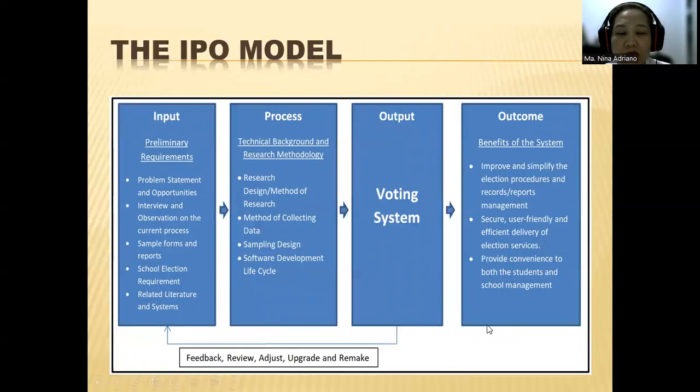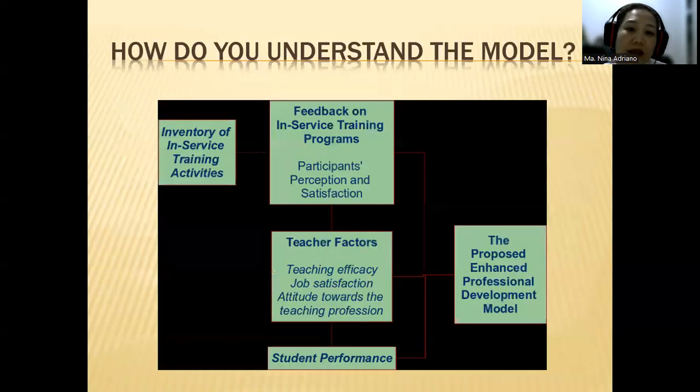Okay. This is an example of another model of a conceptual framework. This is the IPO model. This is often used in engineering studies, in business studies, where you have an output. Your study will generate an output such as a software, such as a training program. So you usually use this model. But for your purpose, since you are in education research, most likely you're going to use the IV-DV model, just the 2 boxes connected by either a line or an arrow.